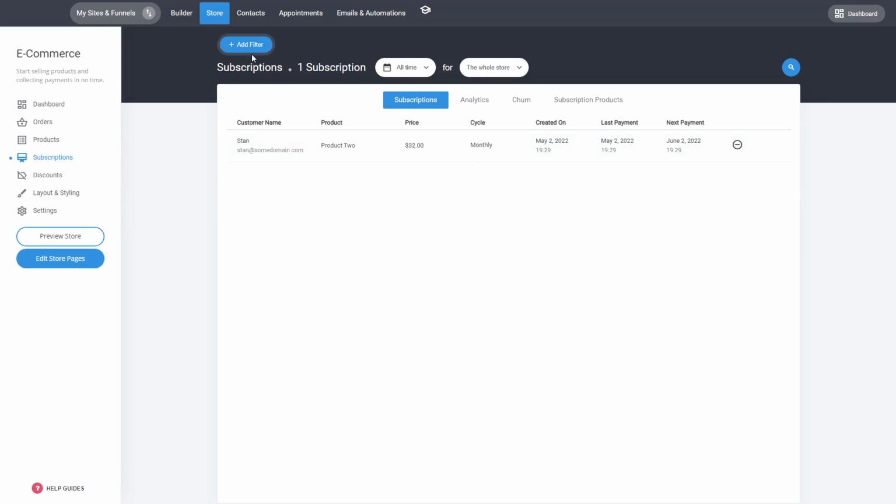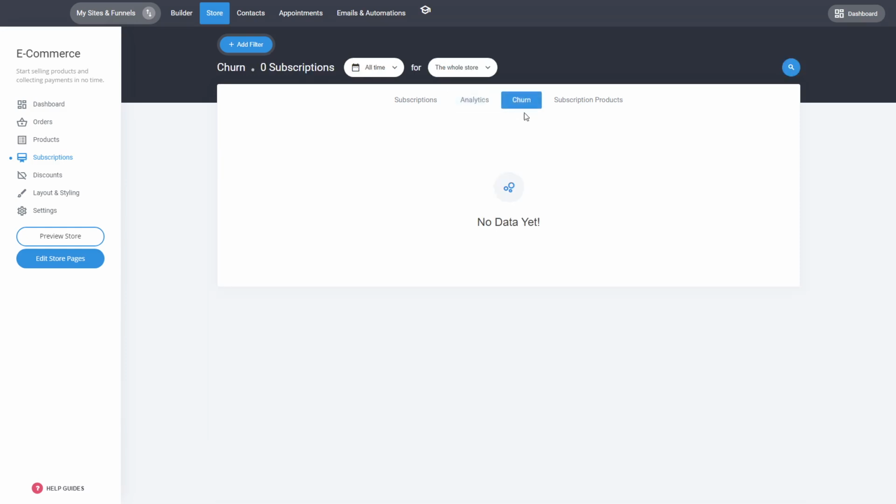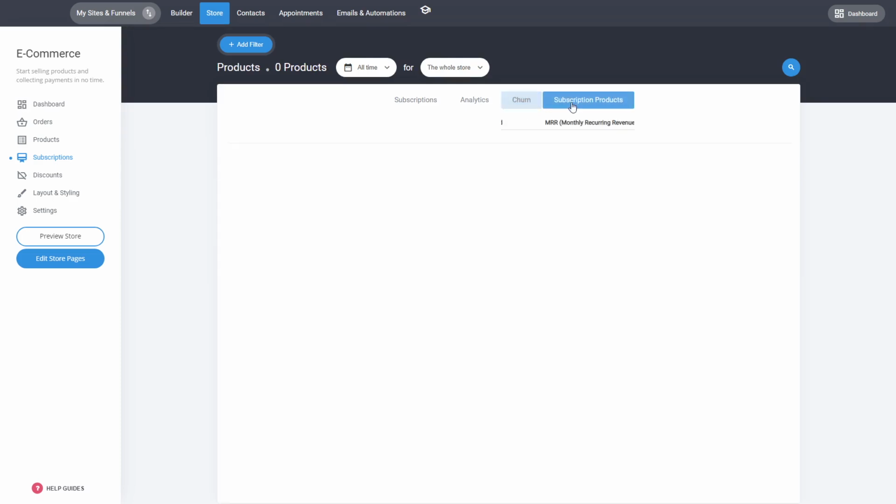On the top, you also have the option for filtering by different criteria like the other tabs. You also have the ability to filter by specific time frame and where that event has happened. You can also see the analytics that you can see inside your dashboard as well. This data is available here as well as the churn. So these are people who have canceled their subscription, and the products that you actually sold. This is very useful if you have, let's say, a few plans that you sell inside your store. You can see of which you have the most revenue. So you can see the most revenue driven product that you have in your system and what is the MRR